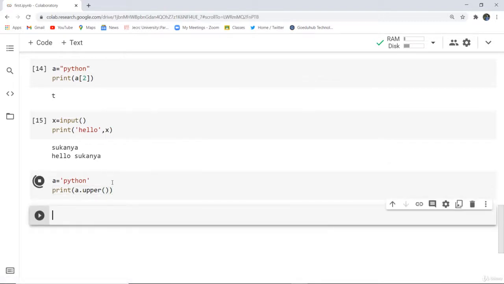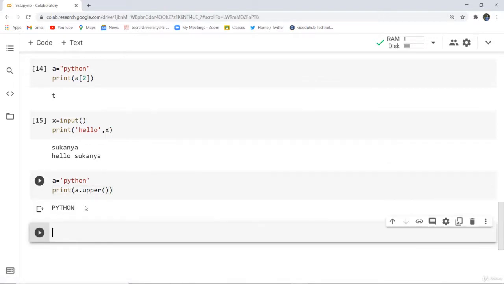As I execute this set of code, here you can see that the case is changed from small letters to capital. Similarly, you can make it lower also, but it is already in lowercase. So if you give a particular string in uppercase, then it will be changed with the help of, let's say, a dot lower method. Next, you can replace the string also, and let's see how can we do that.